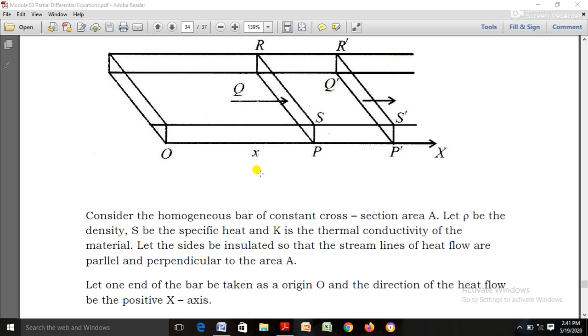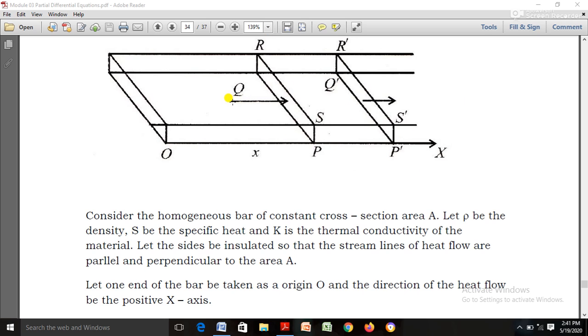So it is a bar. We have heat flow from this end; the heat transfer from this is inside heat, and this is outside heat. Then this is a boundary of the heat. Here I have written the sides as insulated. The sides will be insulated so that heat always flows from this side to this side, in only one direction. Then the bar is divided into two parts, PQRS and P dash Q dash R dash.